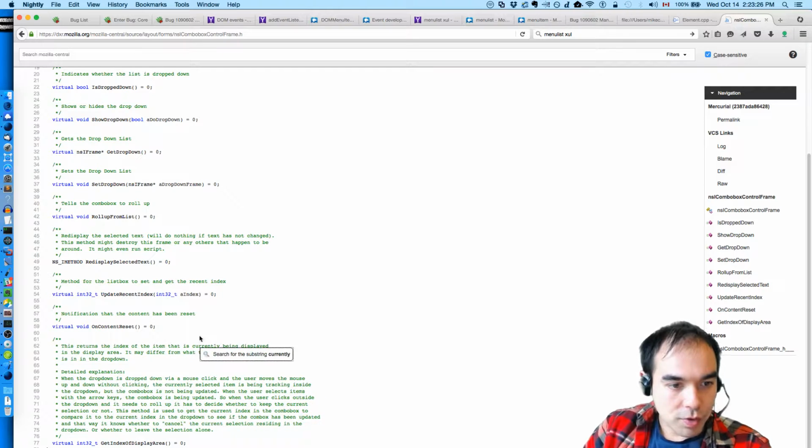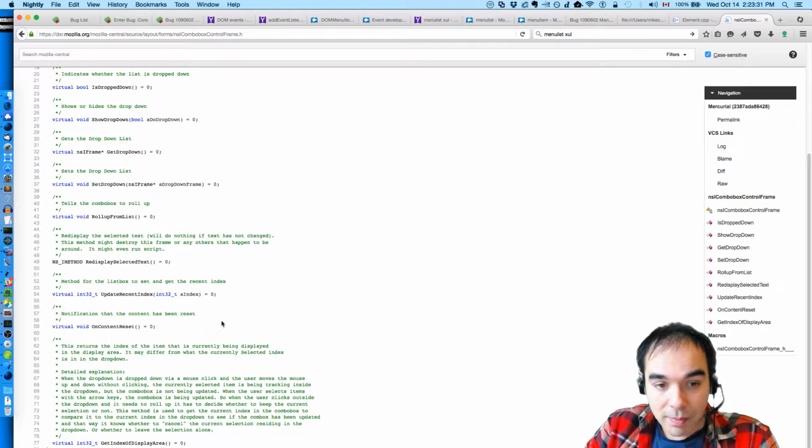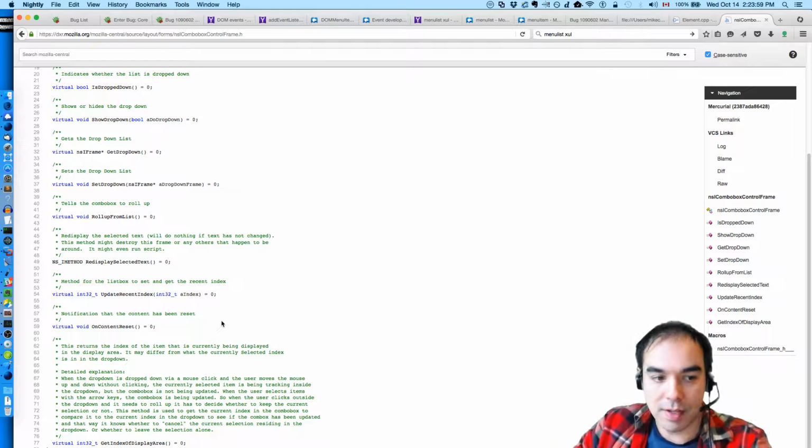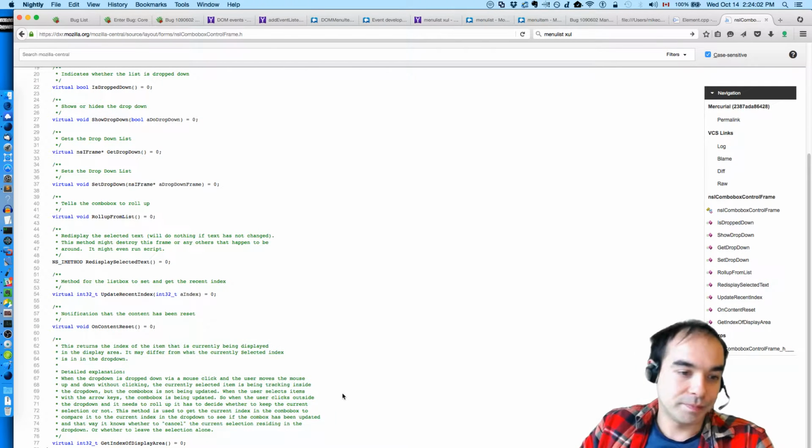When the drop-down is dropped down via mouse click and the user moves the mouse up and down without clicking, the currently selected item is being tracked inside the drop-down, but the combo box is not being updated. When the user selects items with the arrow keys, the combo box is being updated. So when the user clicks outside the drop-down, it needs to roll up, and it has to decide whether to keep the current selection or not. This method is used to get the current index in the combo box to compare it to the current index in the drop-down, to see if the combo box has been updated, and that way it knows whether to cancel the current selection residing in the drop-down or whether to leave the selection alone, which is basically our discovery. This is what we're discovering here.